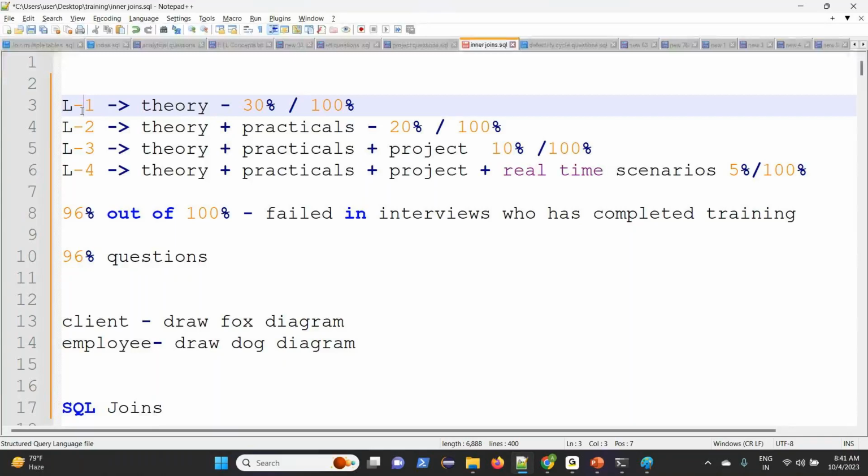Level 3: I am going to give you the data from 2 tables and ask you to write a query to get the output. Level 4: I have 5 tables, now get the output. You understand this? With 5 tables, how can you get an output?